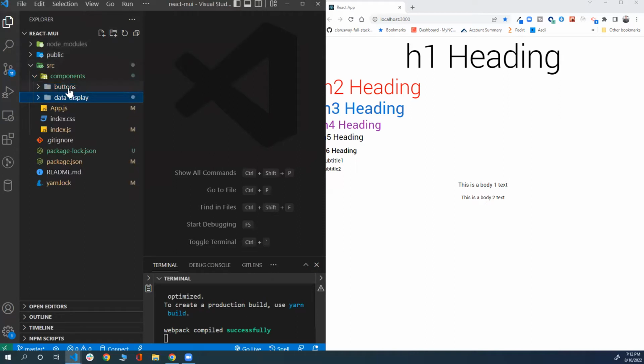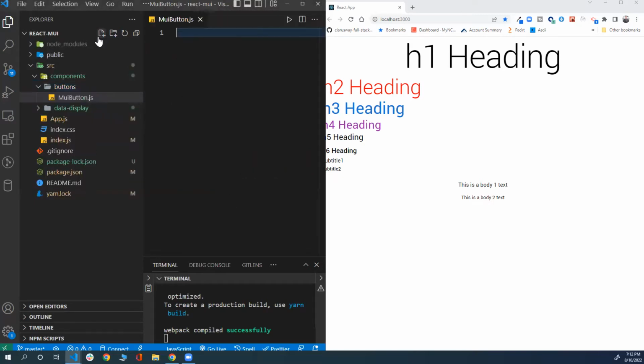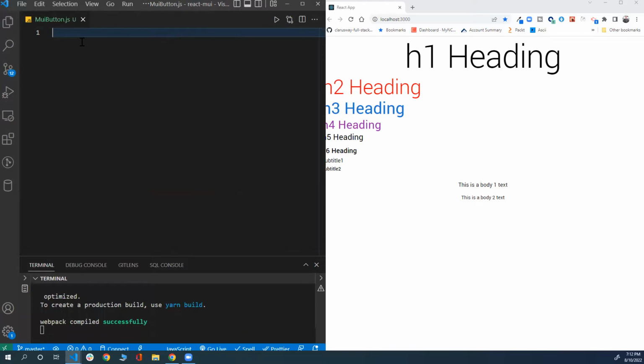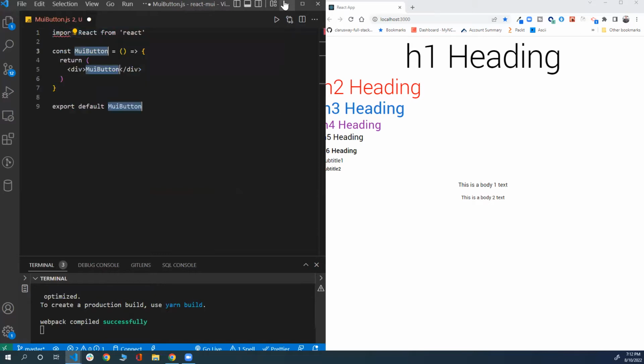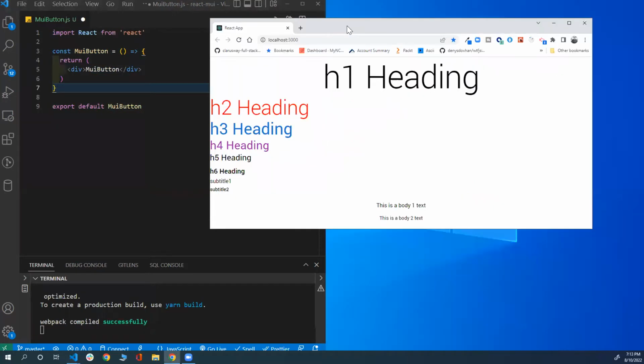And since we're going to use the basic button, I'm going to call the file MUI button.js. And I'm going to create a React function component or AFCE, and that will create the functional component for me. Now I'm going to go to the